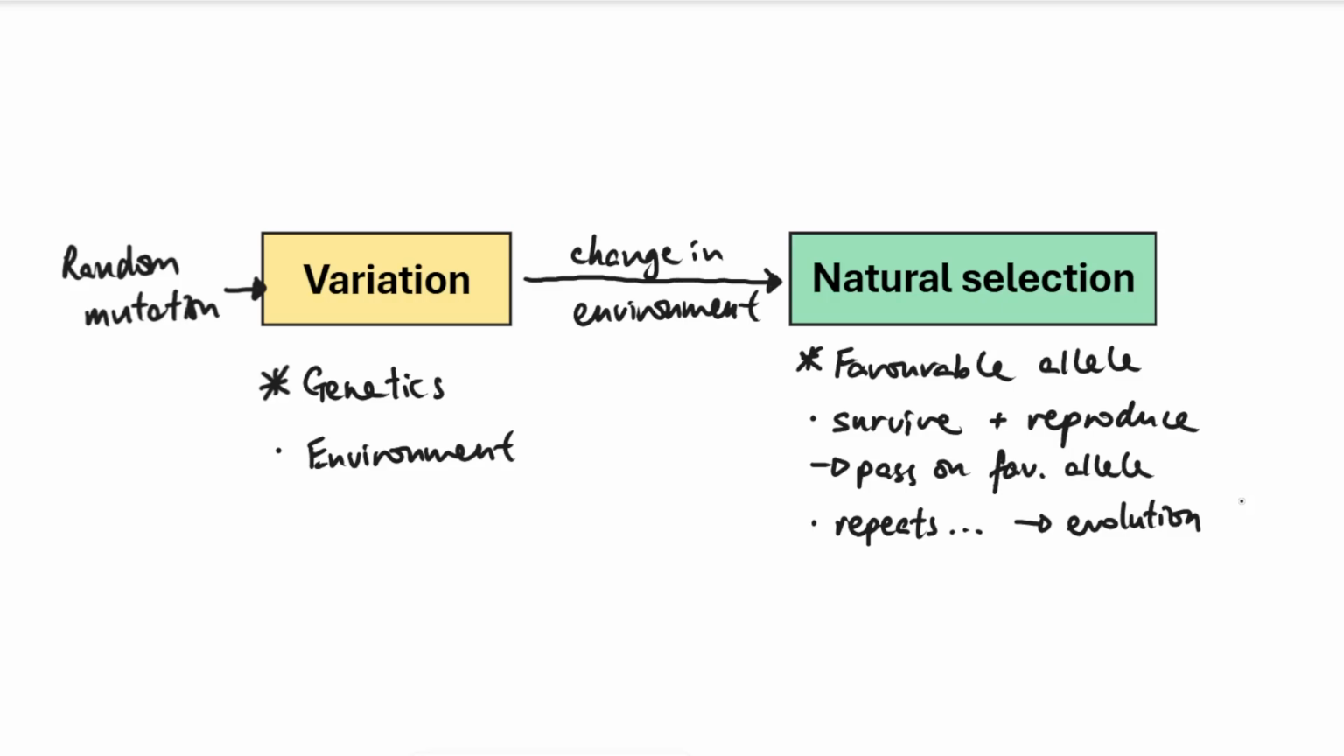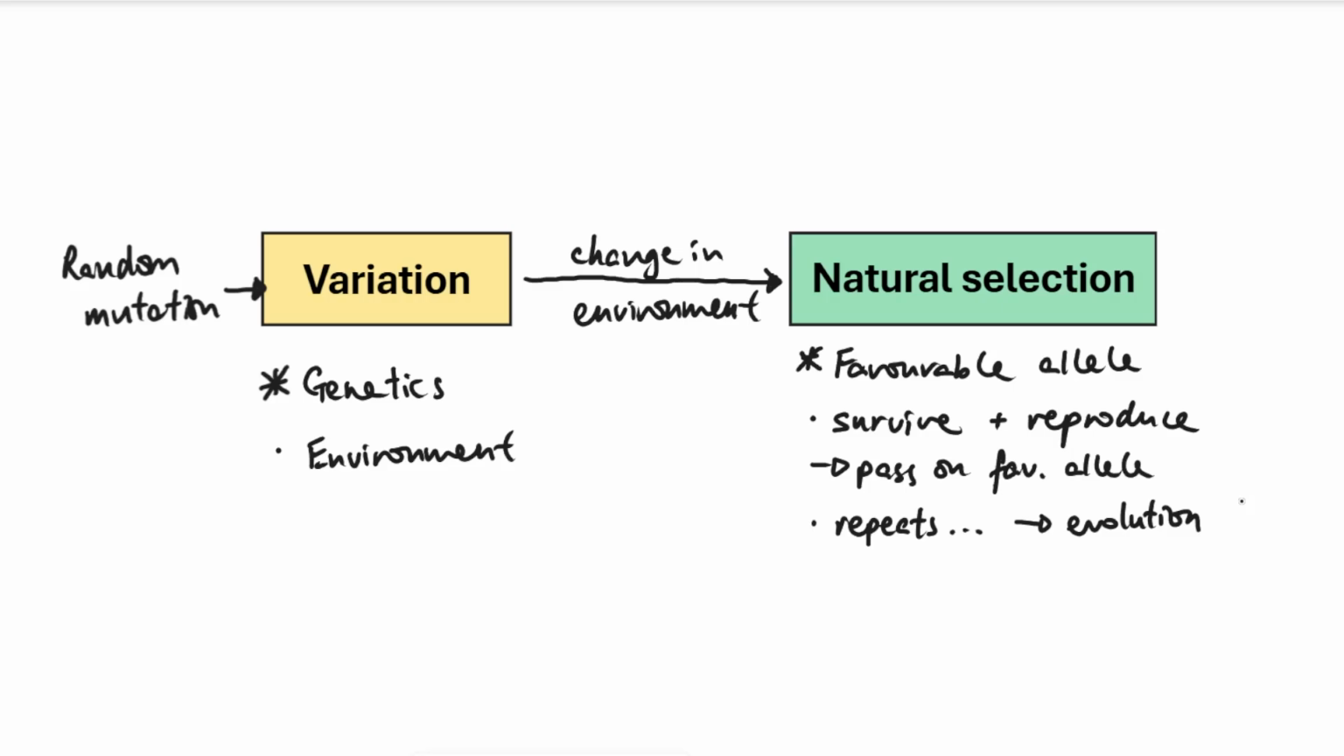Remember, the steps are: random mutation to start with, leading to variation. Then there's a change in the environment, be specific what that change would be. Then those with the favorable allele, again, be specific there, could survive and reproduce. Sometimes they could be 2 separate marks there. They can then pass on that particular allele, and the process repeats until the whole population has the same favorable